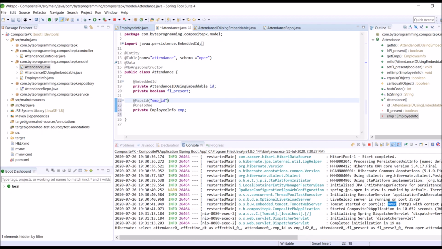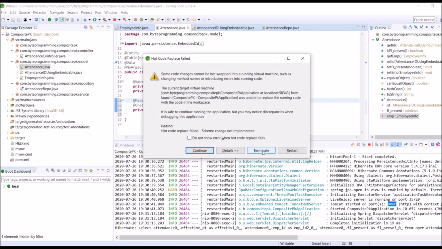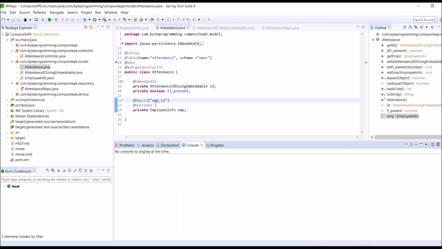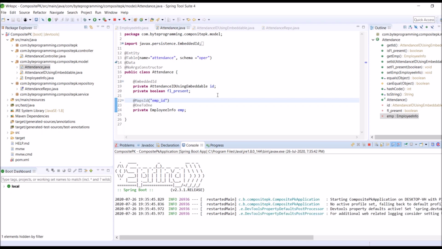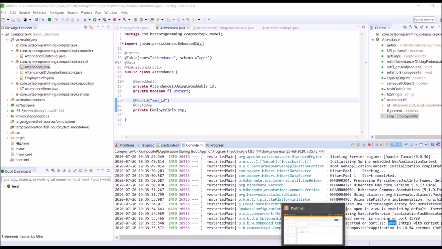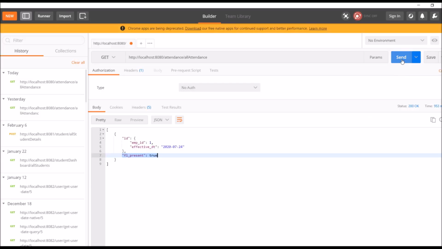Now let's save the class. Rerun the server again. In the console you can see that our application has started again on Tomcat port 8080. So let's go to Postman. Again click on send.